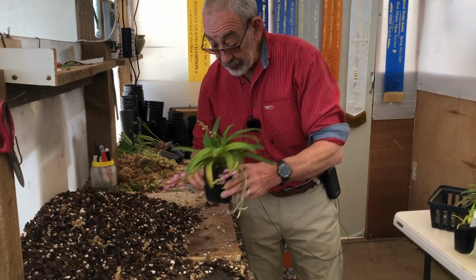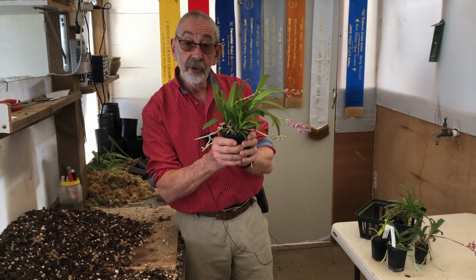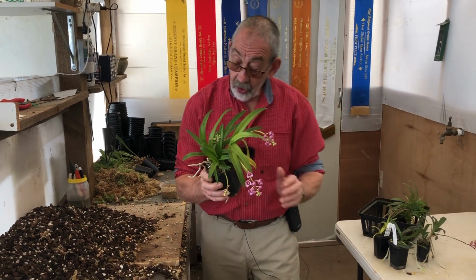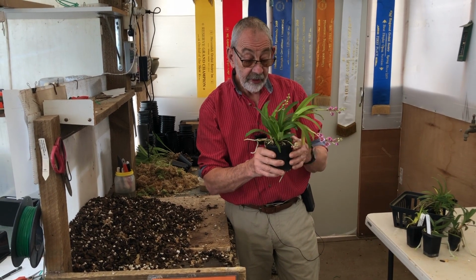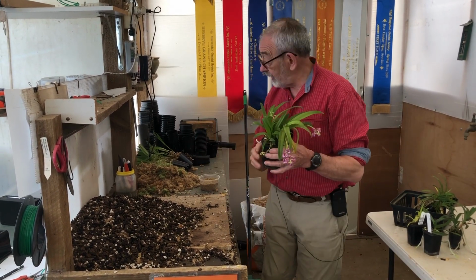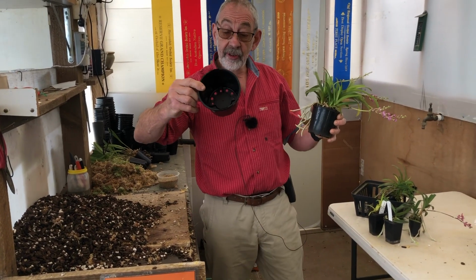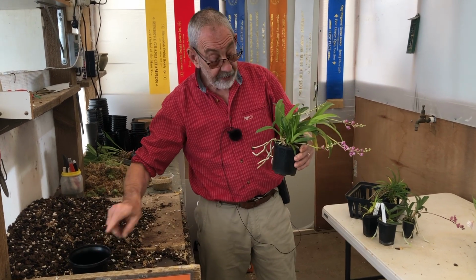So let's have a look at this plant. There are two options when we have a plant like this. One is to pot it up into a bigger pot, a la so, or take some of these divisions off and make ourselves a few divisions. If I were taking it up to a larger pot, I'd probably take it up to this size, would be fine, and we would just